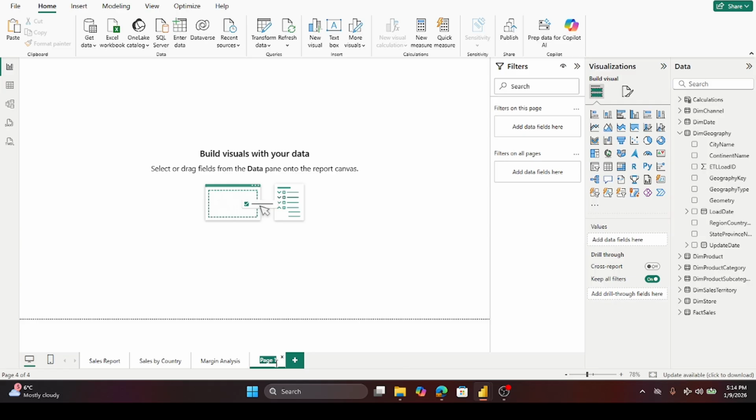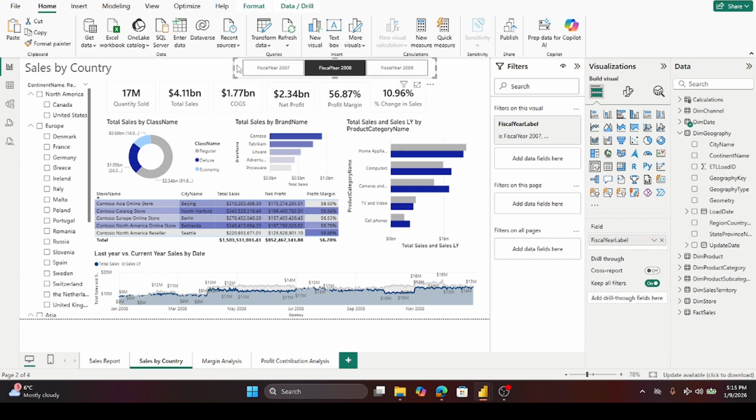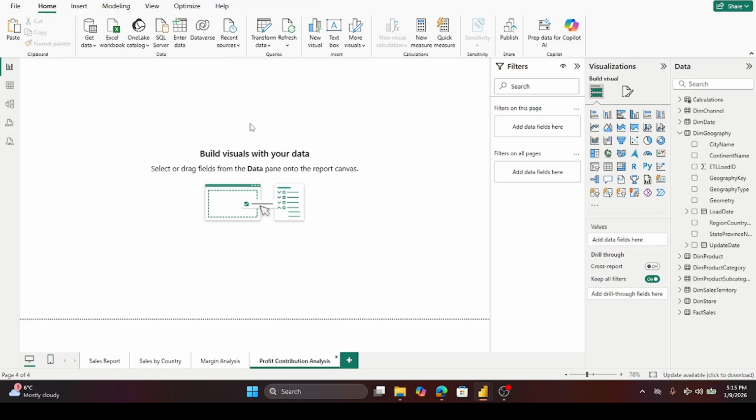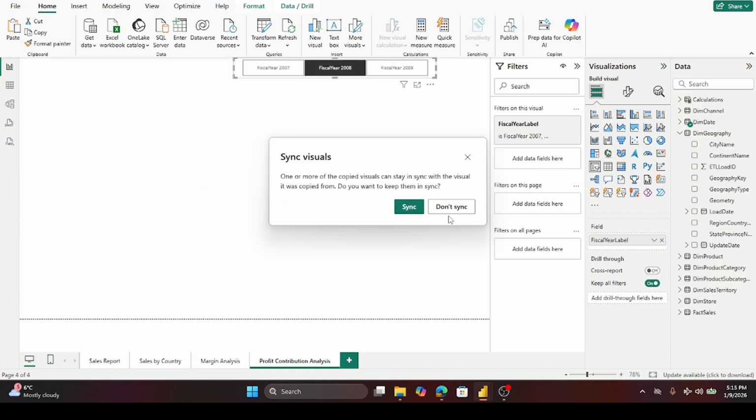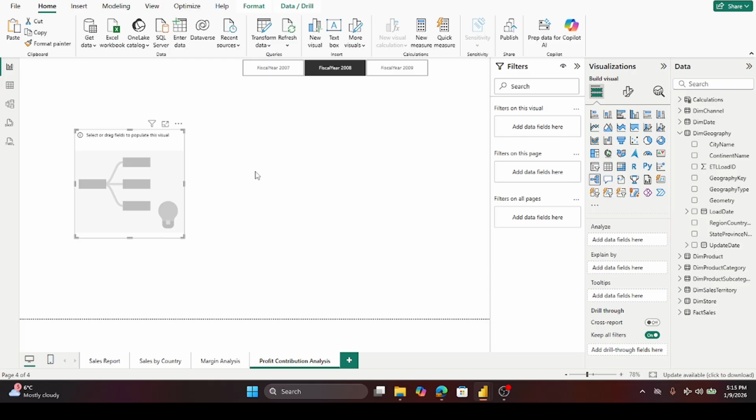In this profit contribution analysis, we will use one slicer, and then we will use this tree chart. And in this tree chart, we will analyze the profit